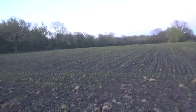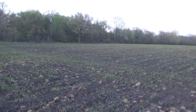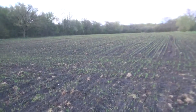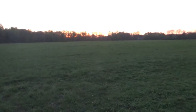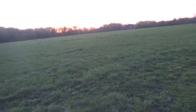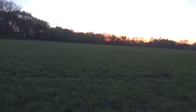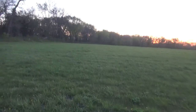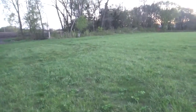But yeah, both this field and the second seeding video I did, I like to have a hay crop established on both of those fields, so that I can plow this one up this fall. Because this year will be the 5th year of making hay off of here, and I normally don't go more than 4 years on a hay stand, but